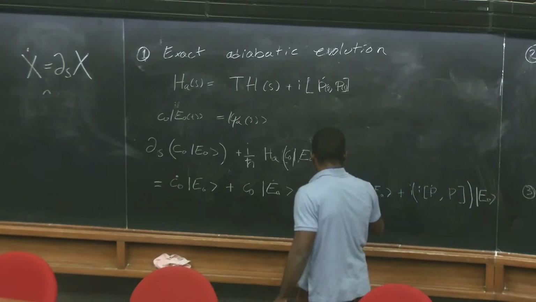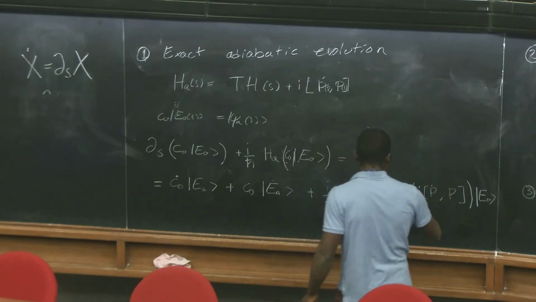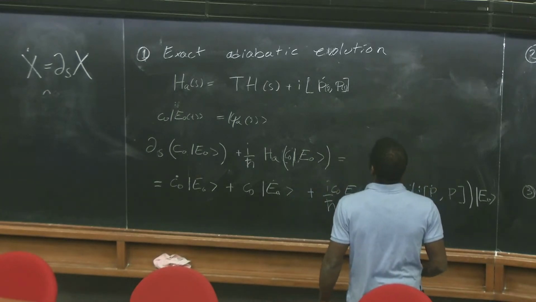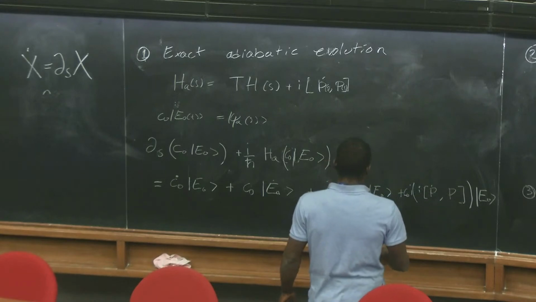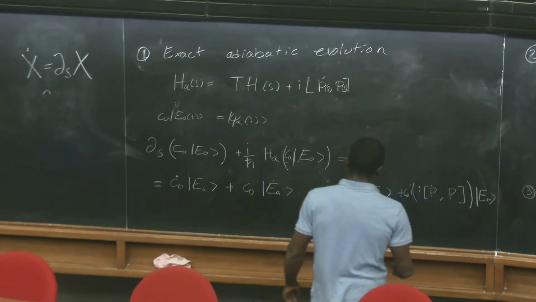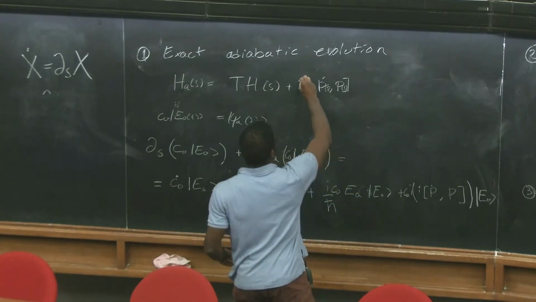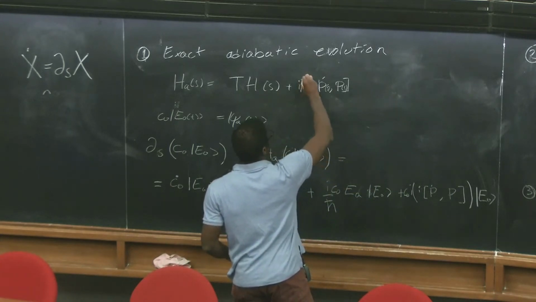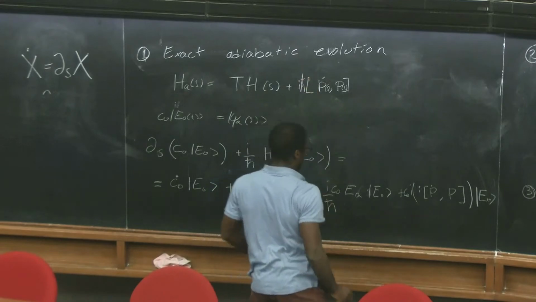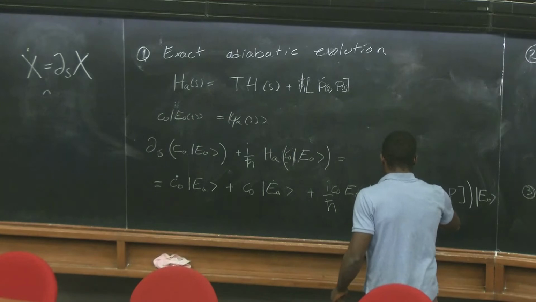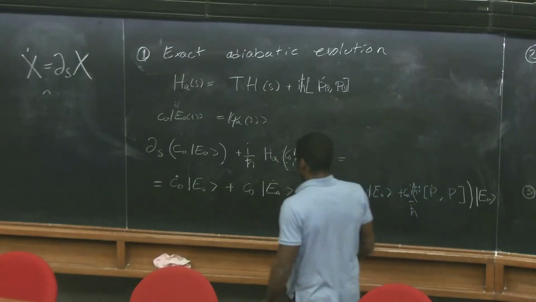So let's put here the coefficient because of linearity. The C0 goes out from this application. Okay, so to be consistent, if we want to keep the h bar, sorry, here I forgot an h bar. So here we're going to have a 1 over h bar, and we're going to have an h bar.